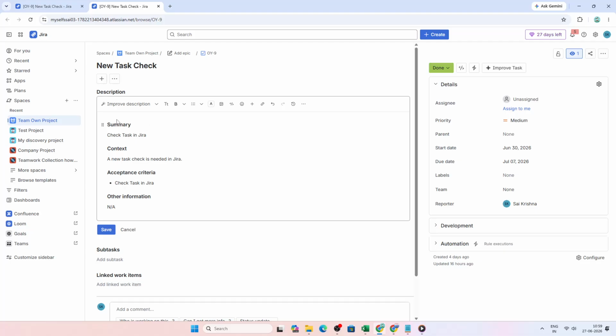At this stage, review the generated description carefully. The AI is helping you create a fuller explanation, but it's always a good idea to make sure the final wording still matches the exact intent of your task. A clear description can improve communication, reduce confusion, and make it easier for everyone involved to know what needs to